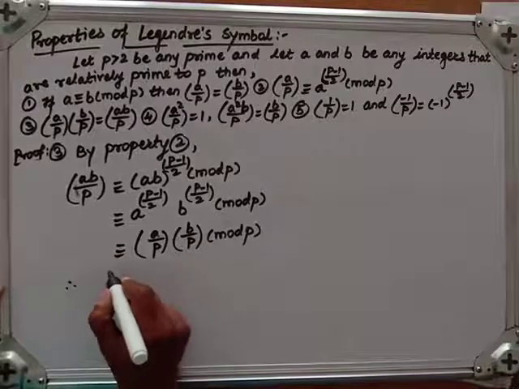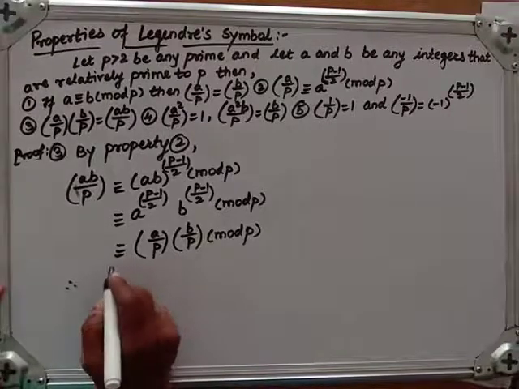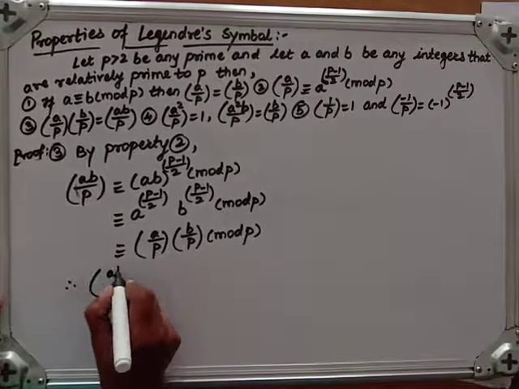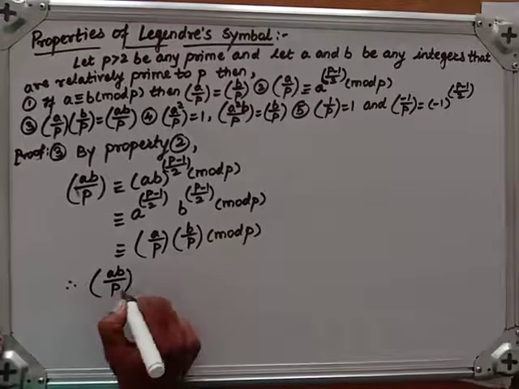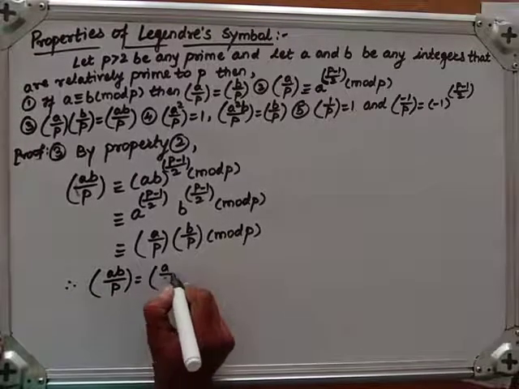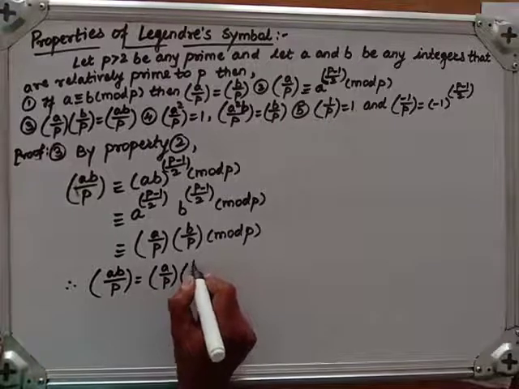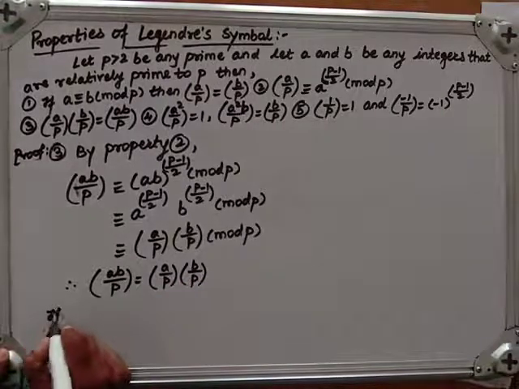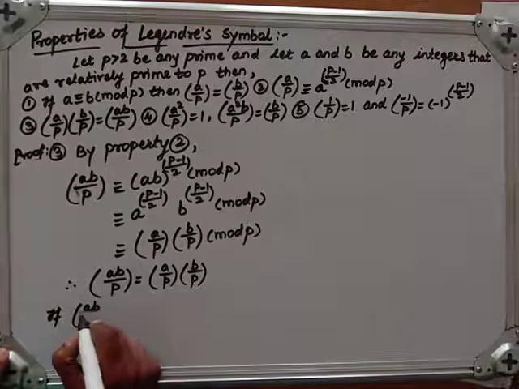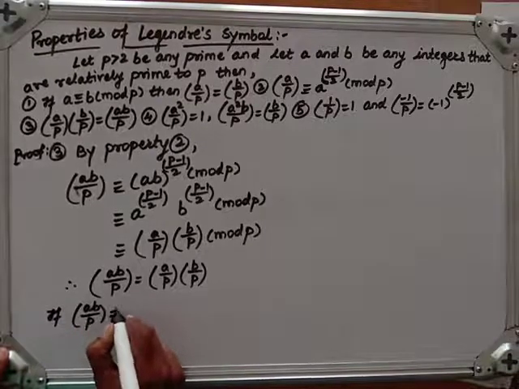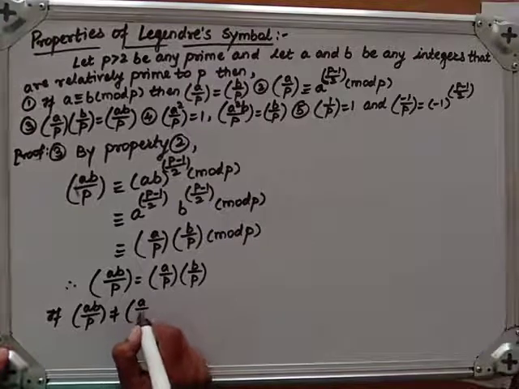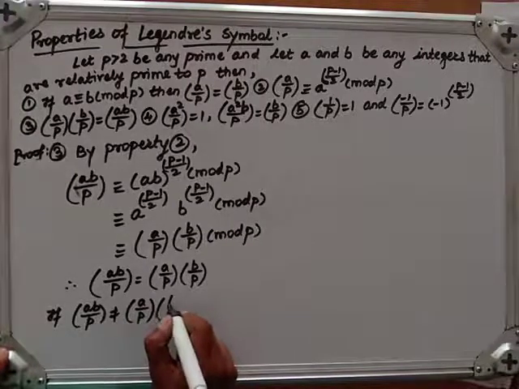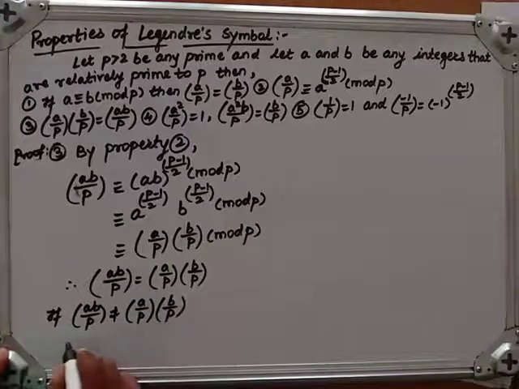Therefore, Legendre symbol of ab by p is the same as Legendre symbol of a by p times Legendre symbol of b by p. Suppose Legendre symbol of ab by p is not equal to Legendre symbol of a by p times Legendre symbol of b by p, then